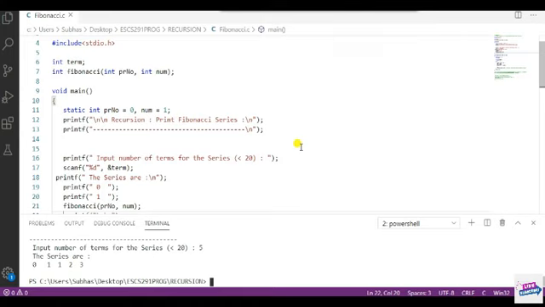The coding part is very important, because you already know the theory of how to find the factorial of a number and the GCD of a number. But how to implement them in a C program using recursion is very important, because it's the C programming language.